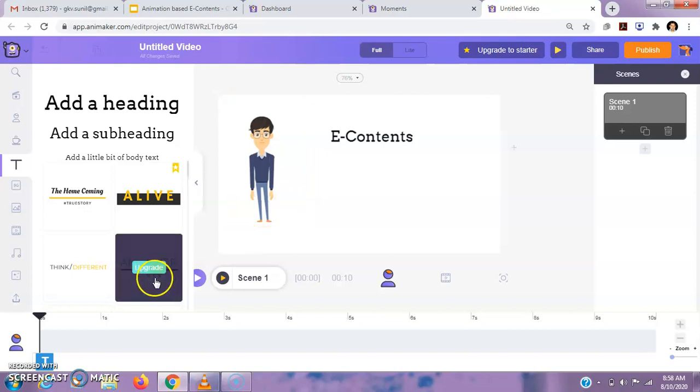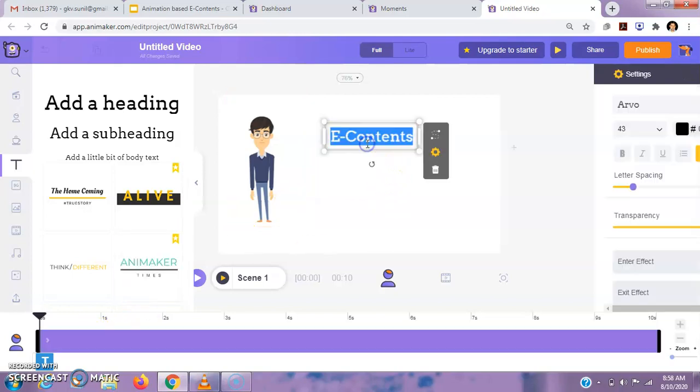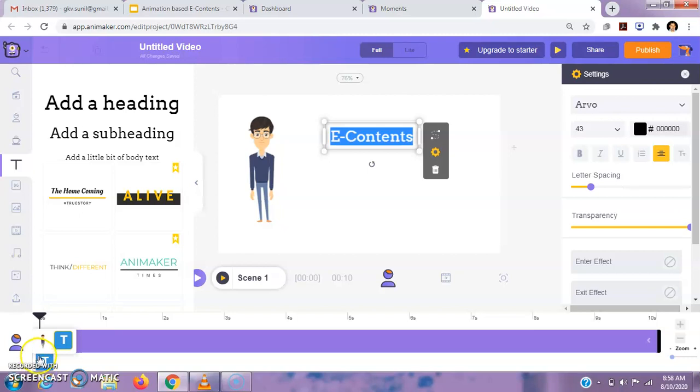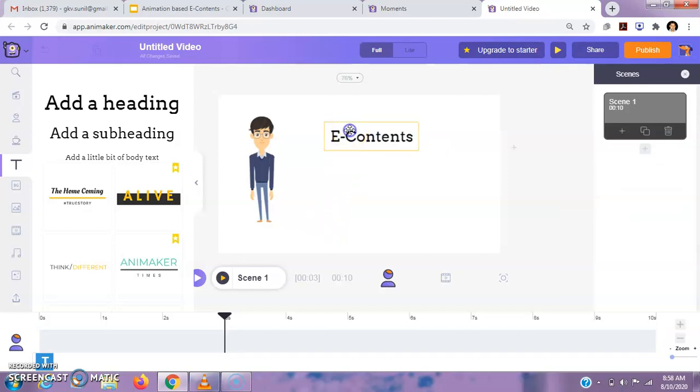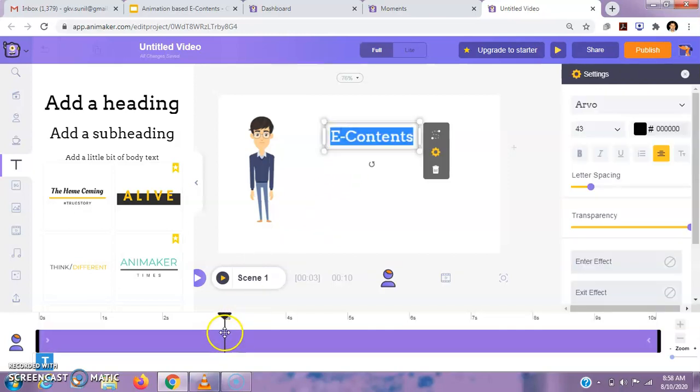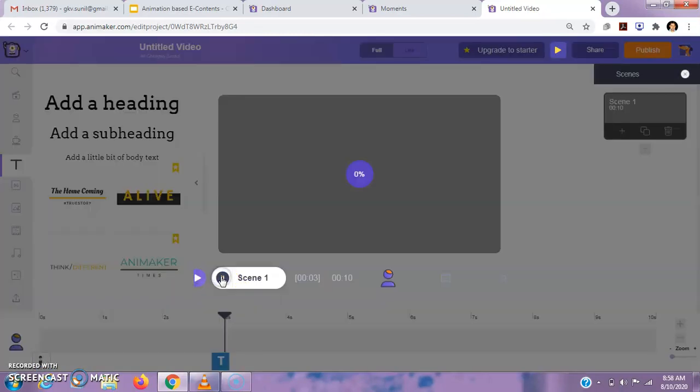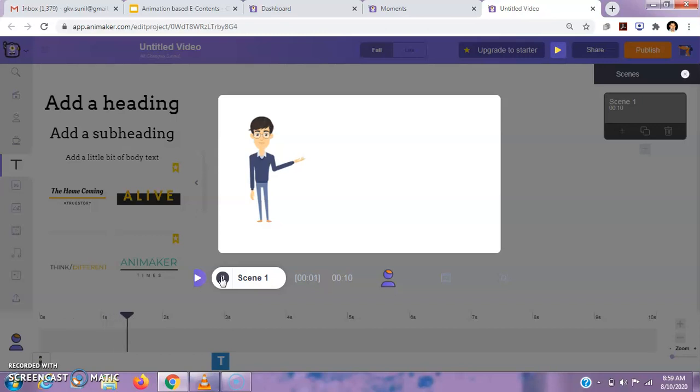If we require the text to appear after some particular time, suppose I require the text to be available there after 3 seconds, then I play it. We can see that after 3 seconds that text appears, and after 4 seconds our character disappears from